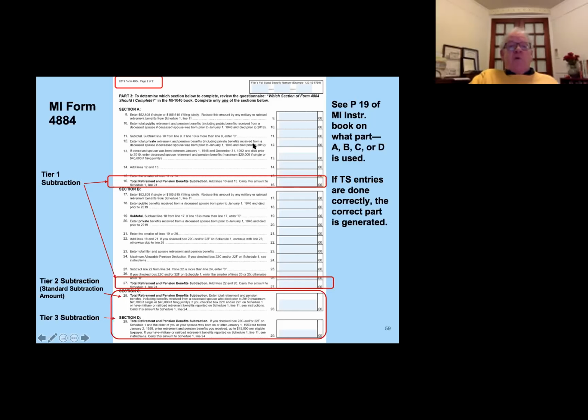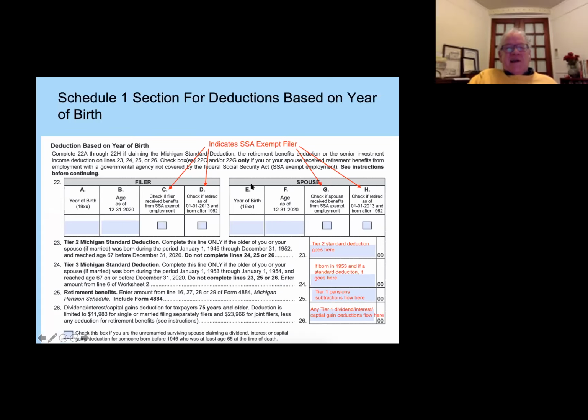This is form 4884 on the back page, where some of these subtractions go and where they show up. I'm not going to go through this in detail, but there's an A, B, C, and D section. If you read the Michigan instruction book, you just would be blown away. And if this is like the Schedule 1 that we're talking about,